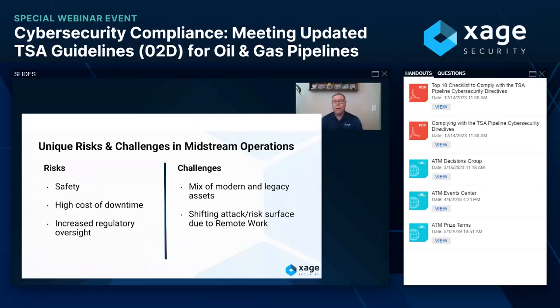What we want to talk about is these unique risks and challenges in the midstream operations, and they're not always different than other critical infrastructure. A lot of them do align and they're the same, but what we see is things like safety and downtime being extreme in these cases versus more of an OT type of operation. So you think about a pipeline going down or something that's processing it. A lot of times we call it the money printer.